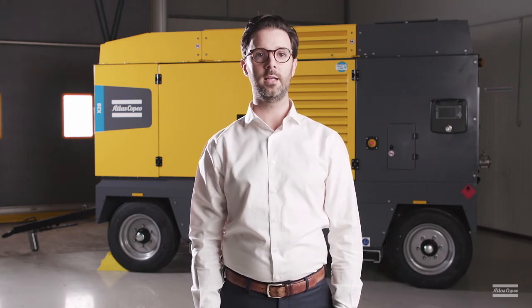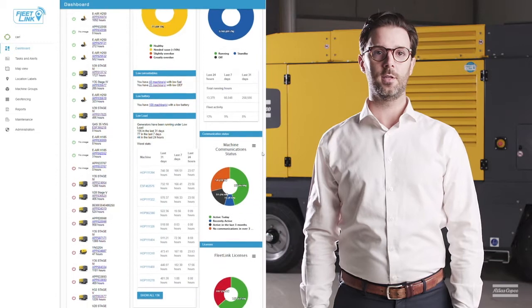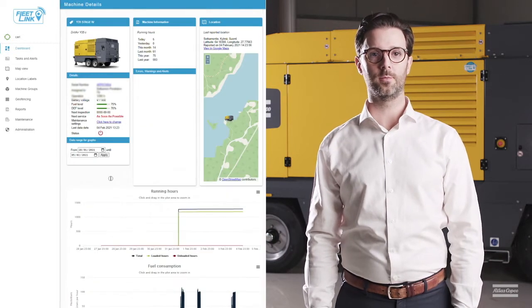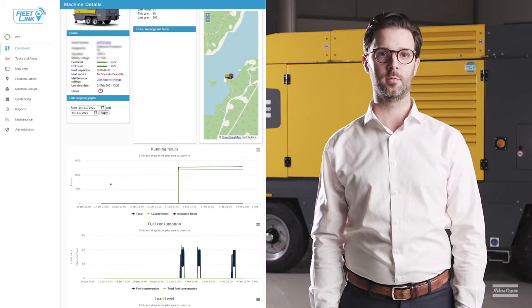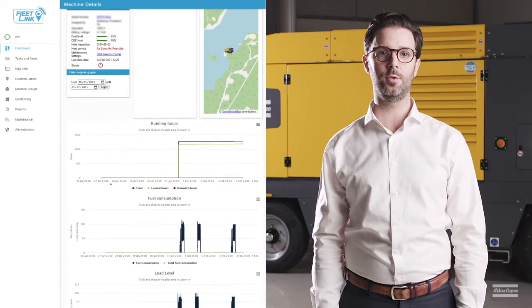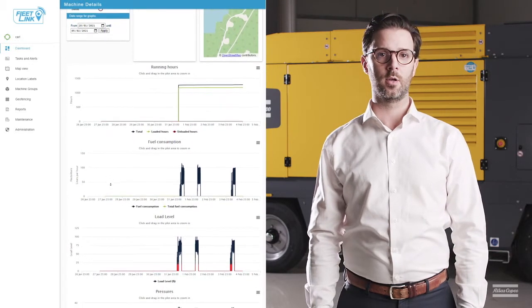If this seems like a ton of information and too hard to process, don't worry. You'll learn all about how these measurements and data are analyzed and rendered into easy overviews in our next presentation of the FleetLink portal. Now, let's deep dive into a real-life example, a compressor. For demonstration purposes, we will use the FleetLink platform interface, but this same data can be provided to your own or third-party systems as well through API. So let's take a look.